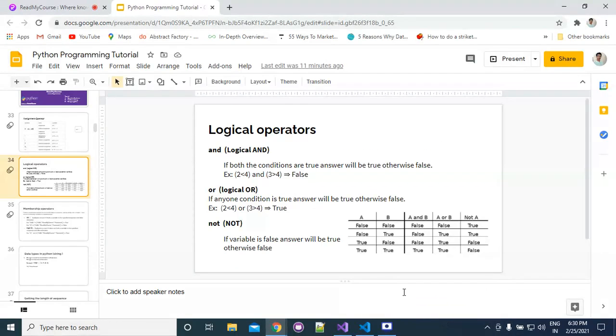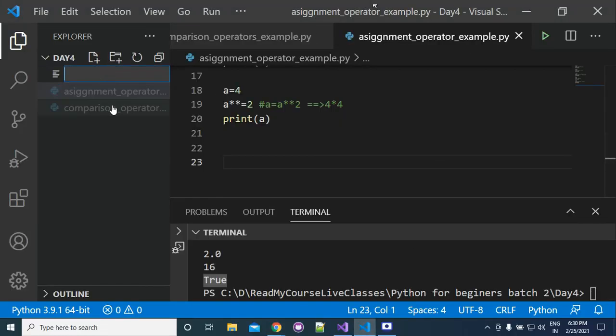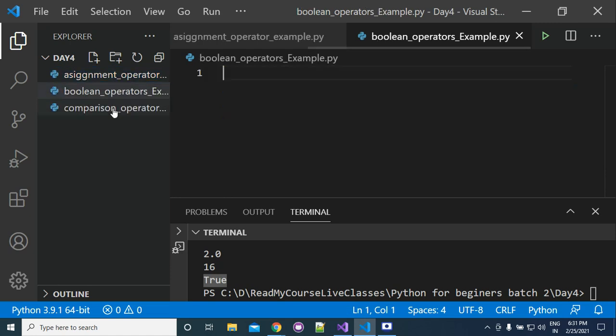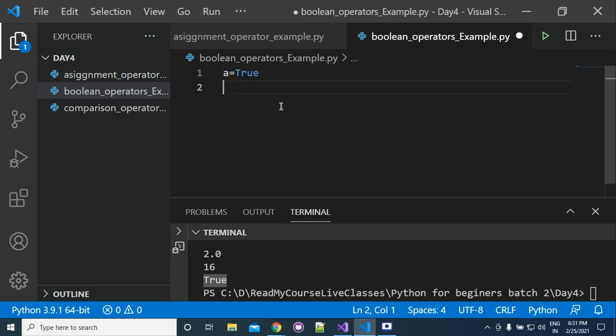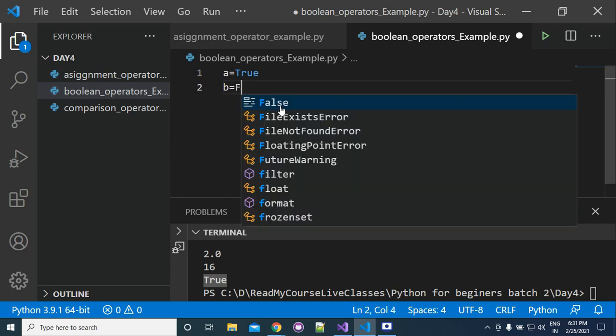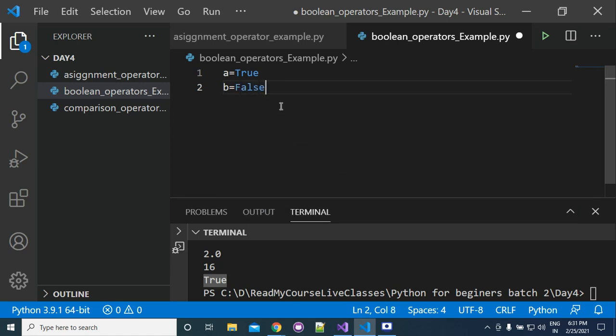Now we are going to look at some conditions. So just try to remember these Boolean tables. Suppose that we have A is equal to true and B is equal to false.